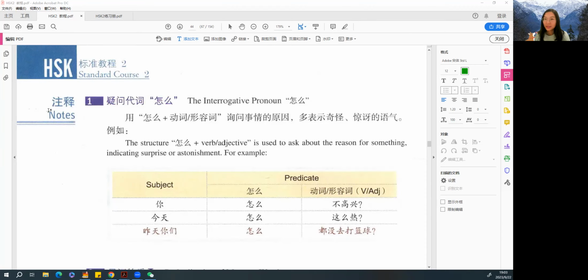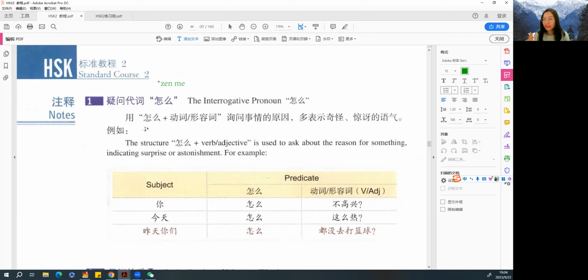Now let's take a look at the notes part. The first is how to speak this word, 怎么. The pinyin is 怎么. So here there's also the explanation saying the structure. We use 怎么 plus an adjective or a verb to ask why. And we also learned that 怎么